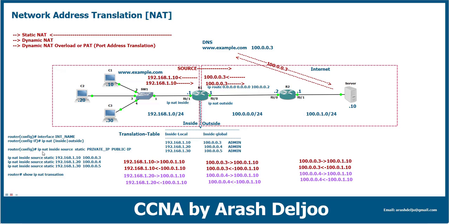Here in the command you can easily understand why we should do this function. IP NAT inside source means if traffic from the inside wants to be sent to the outside, you should change the source, and this is the static translation table. Very good. In the next method, we should talk about dynamic NAT and also dynamic NAT overload or PAT, but I'm not going to talk about them in this video because first you should implement static NAT, and after learning static NAT, you will be ready for